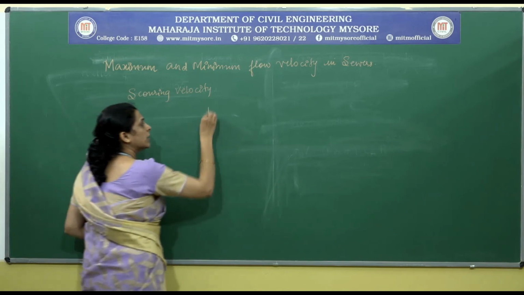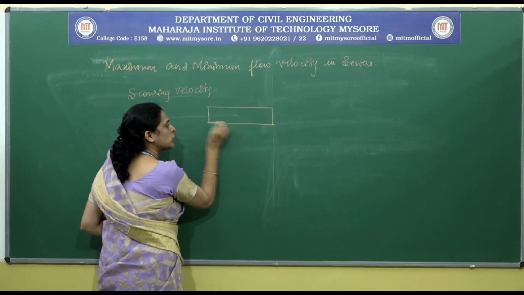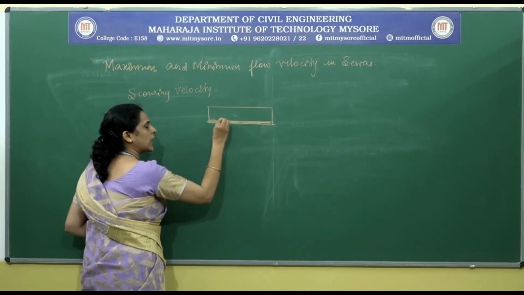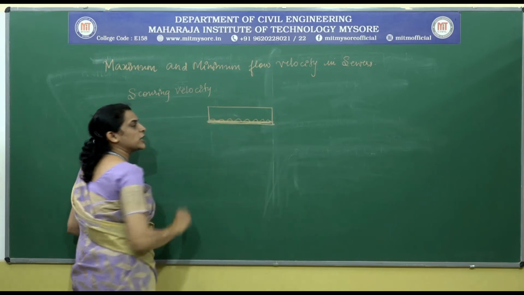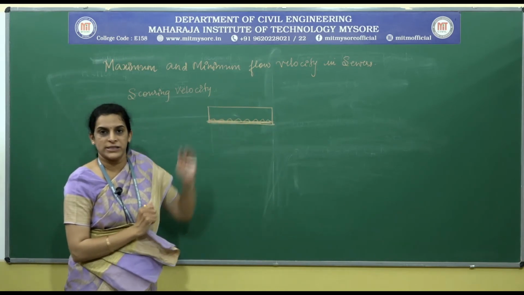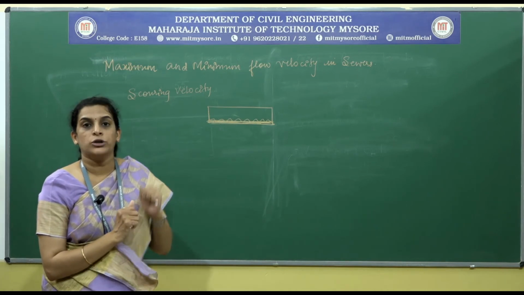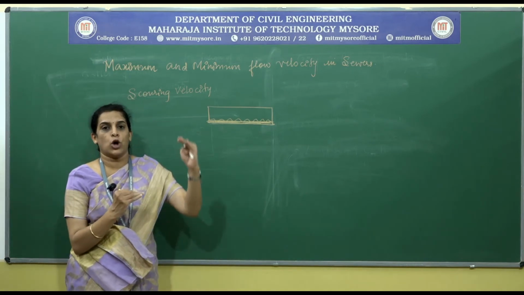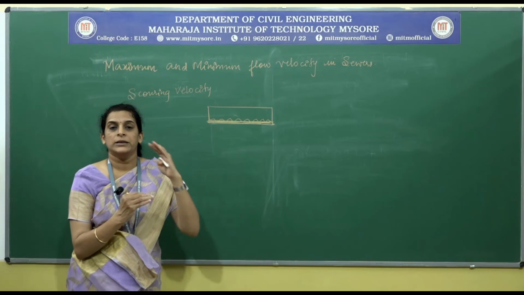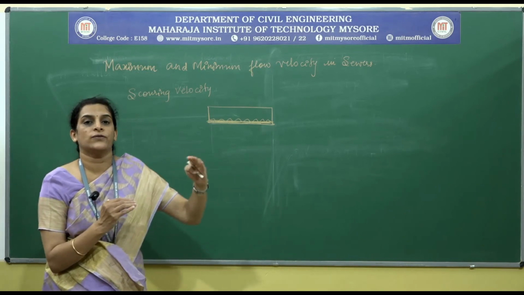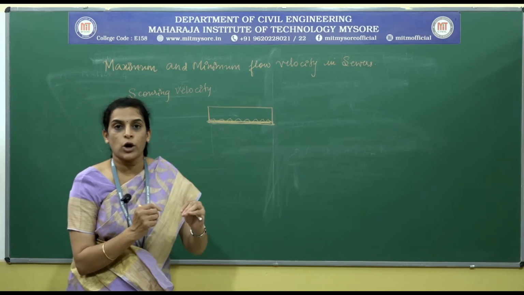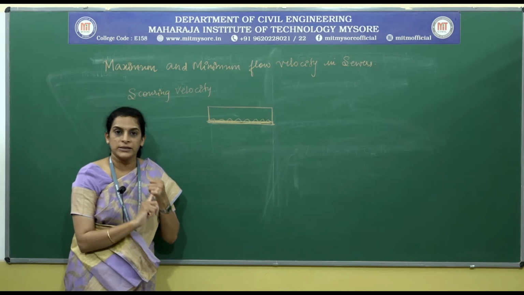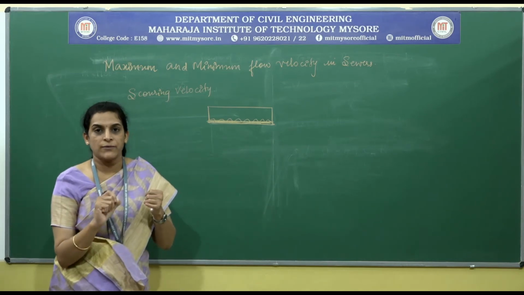Scouring means the removal of a portion of the sewer material, which should not happen, such that there won't be any deterioration in the working space of the sewer. So, all I want to tell here is the velocity should neither be too small nor too high so as to cause the scouring of the inner surface. That velocity which does not cause scouring of the surface is known as the maximum velocity